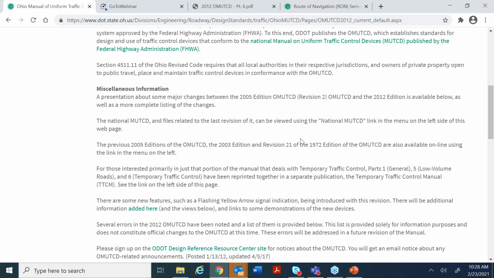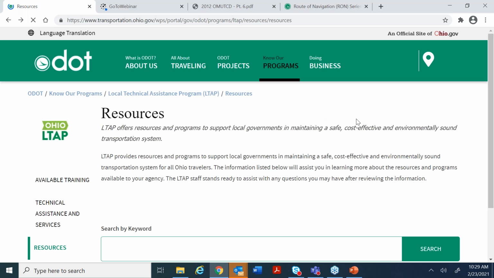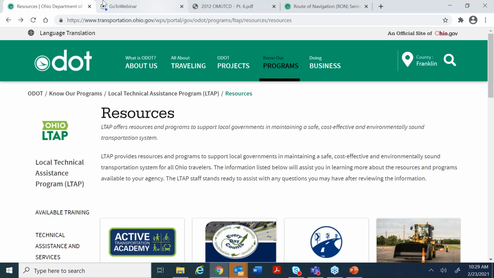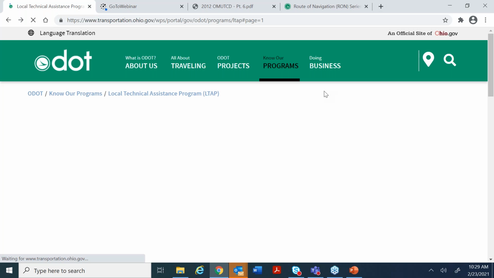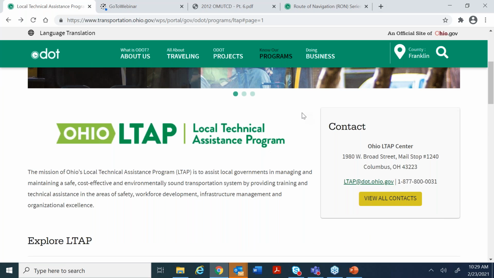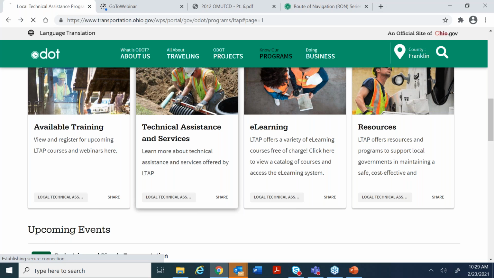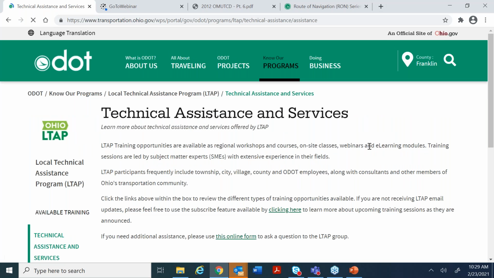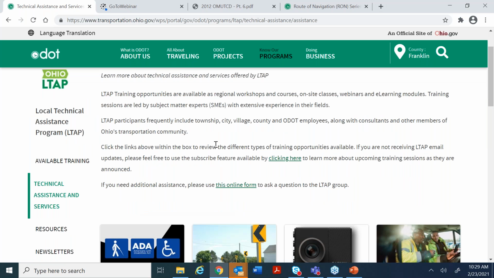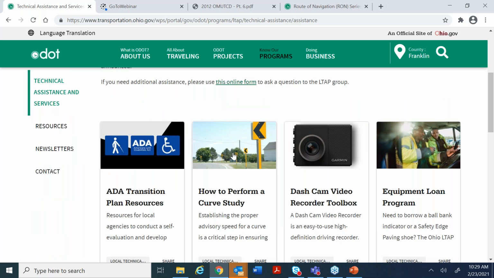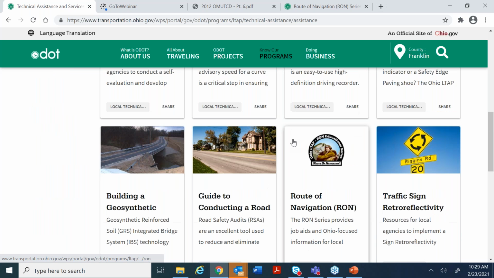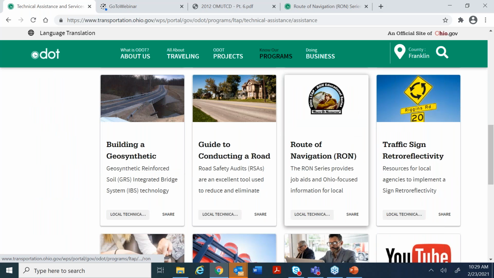And then also we have some other resources on our website that deal with work zone traffic control. So if we go back to our home page and we scroll down, we can click on technical assistance and services. So if you clicked on this link, then this page would open up, technical assistance, and you can scroll down and we have different things to check out here. But one of them I wanted to show you was this route of navigation series, or the RON series, we call it. And it provides job aids and Ohio focused information for